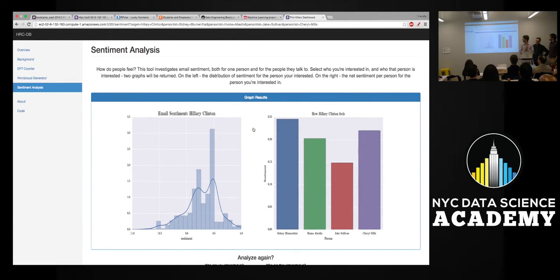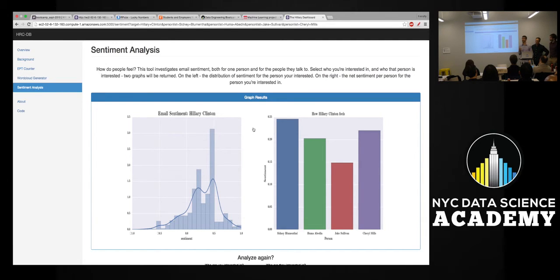We have 2 plots here. The one on the left is sentiment for Hillary Clinton. Now, we did the sentiment analysis using TextBlob. Now, TextBlob, like any other sentiment analysis thing, is sort of backed by a dictionary of sentiment. These are labels. It's sort of supervised learning that's done originally. And then you have your corpus that you put into it, and it compares to those labels word by word. It's tokenizing, for anyone who's familiar with these sort of NLP things. And it builds the sentiment off of that.